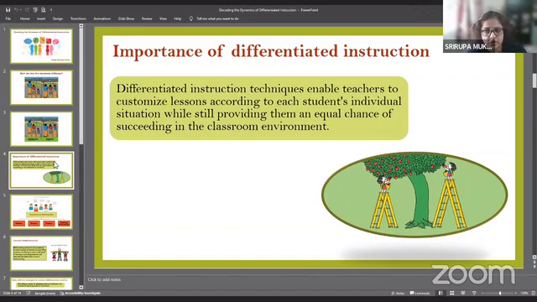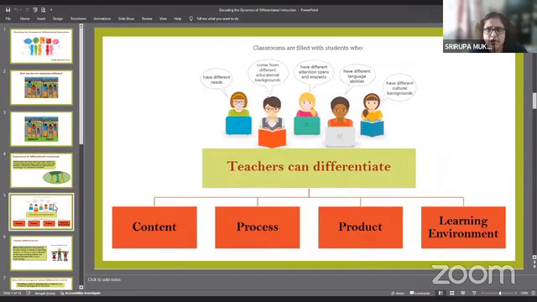Here, by individuals, we're referring to the students or the learners who are there in our classroom. Because we know that in, say, a classroom or a group of 30 learners, they would all have different levels of understanding. They would have different levels of readiness. They would have different capabilities.